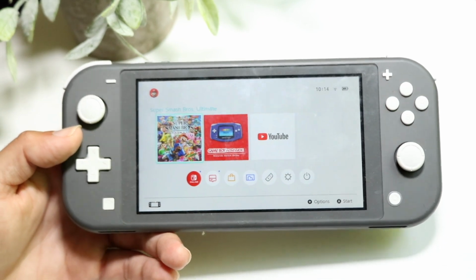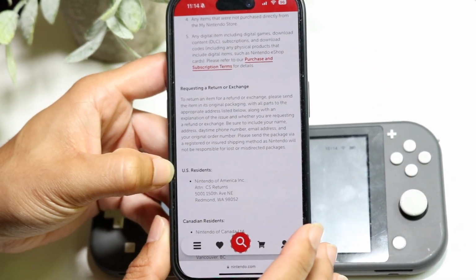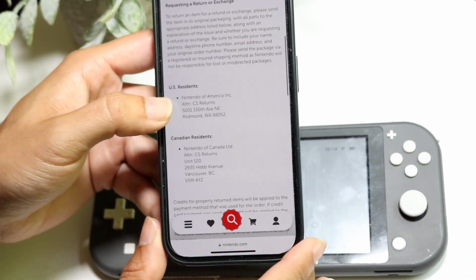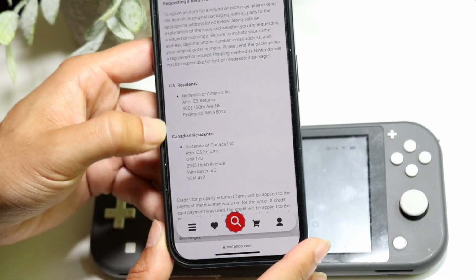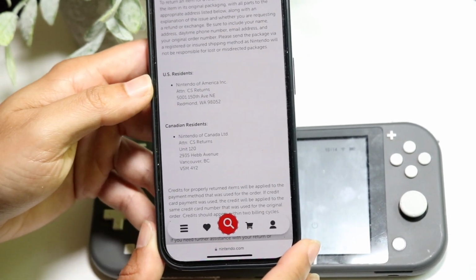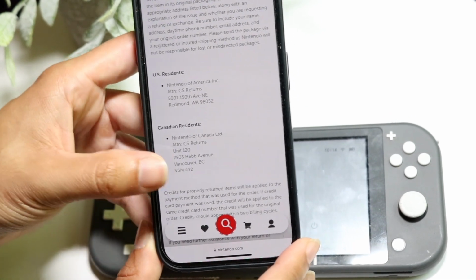And they actually tell you right here, if you want to return it, they send it over to this address if you bought it through Nintendo. So for requesting a return or exchange, if you're a US resident or Canadian resident, you should be able to return it to these addresses, follow these instructions, and then ship it here. But remember, this is only if you bought these games from Nintendo,